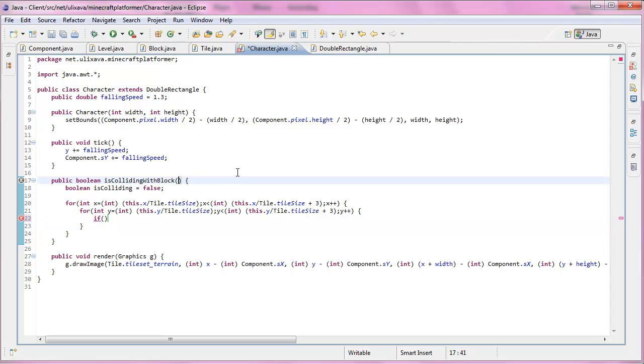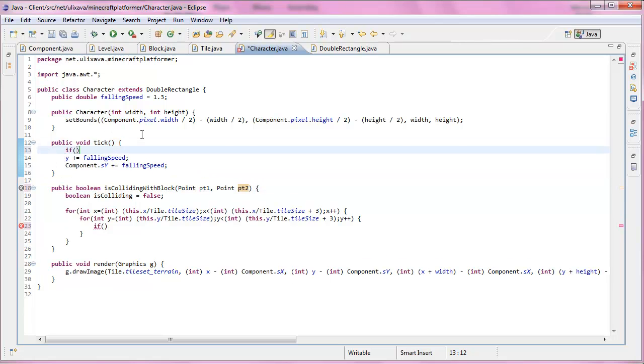So in here we want to take two different points, pt1 and pt2, so we know what thing to check. And points are basically just points on the screen, it's coordinates. So we want to know where this collision is happening, and we want to give it if is not colliding. That's why I'm putting this exclamation mark before. So while this is giving us a false, point or new point